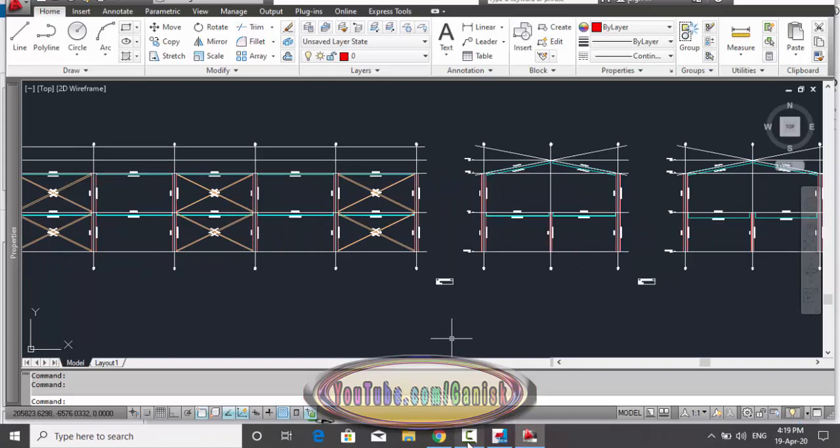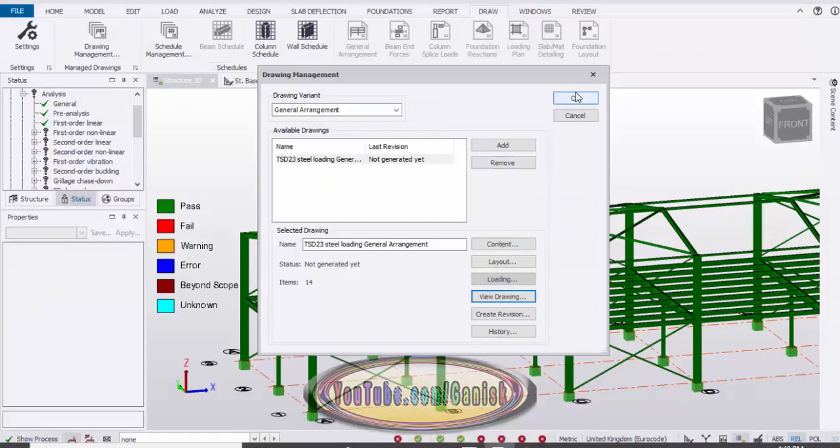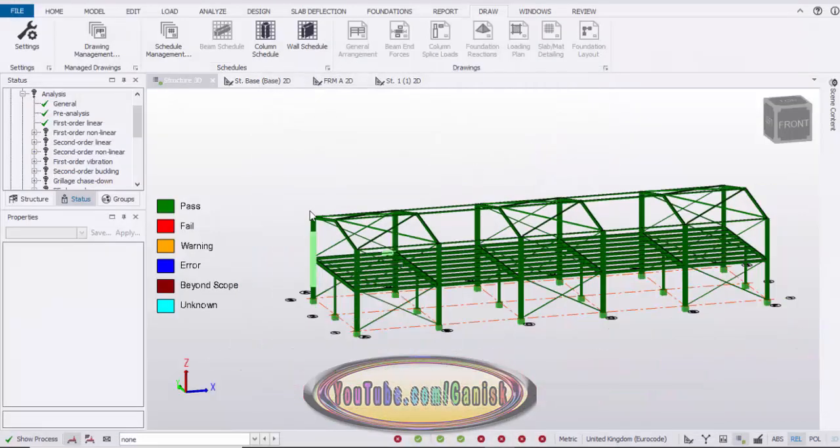Okay, that's it about how to design this type of building in Tekla Structures